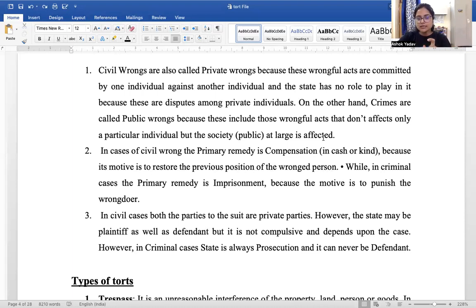So that is why in these cases, generally in criminal cases, you will always find it is against the state of, let's say, Mithu Singh versus State of Punjab, or A versus the State of UP. When it is a crime, a public wrong, a large interest is included and it is affecting the public at large. So generally, the state is involved in that. So generally, these cases will be A versus State of X, A versus State of Y. It is on this principle only.